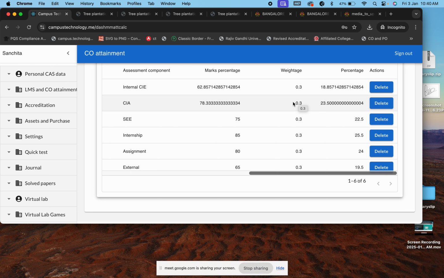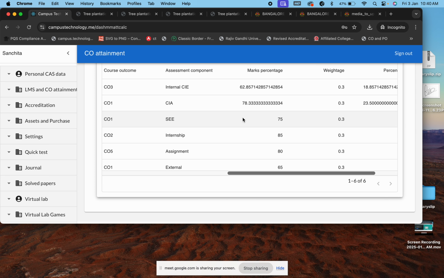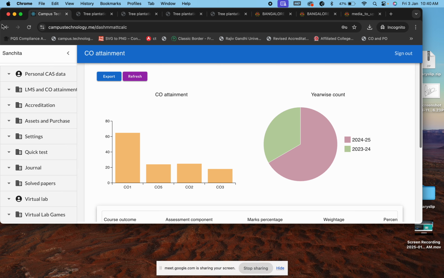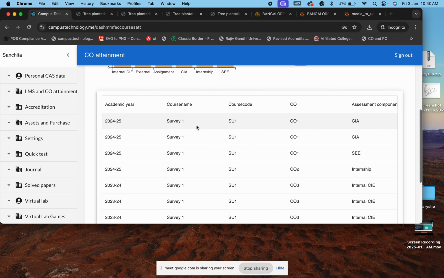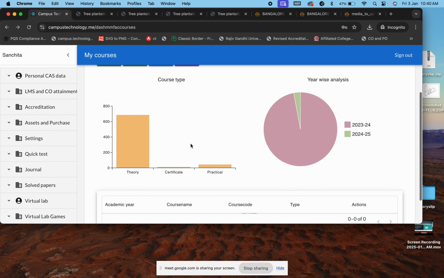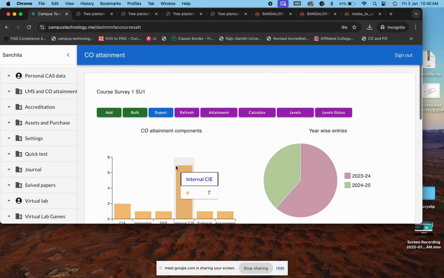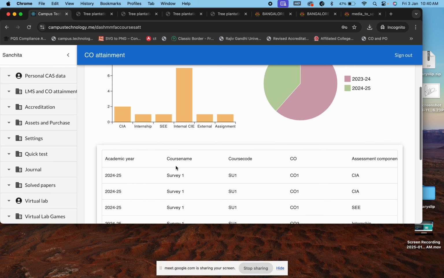Pooja, one more doubt. If we have 6 COs, will the threshold value be set for each CO? No. When you click on the marks here, this is for a particular paper.